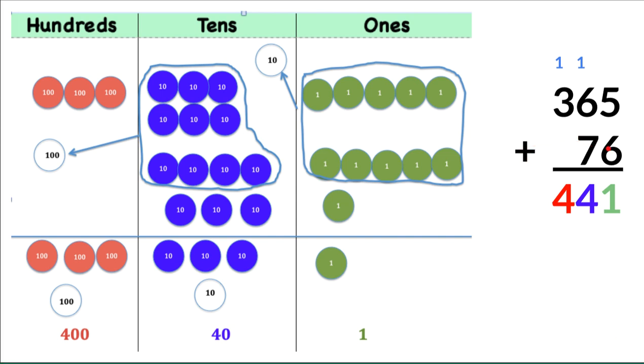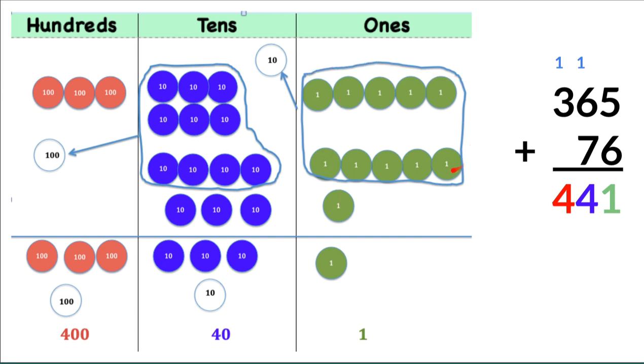365 plus 76. So we've got our 365 and we've got our 76. We add our units and we get 11. That's too much. Keep that unit digit,